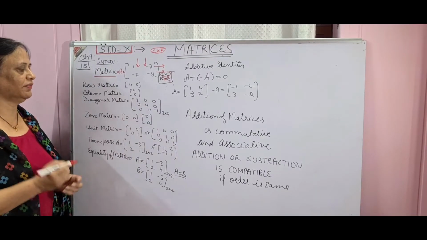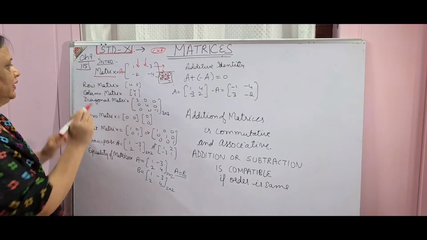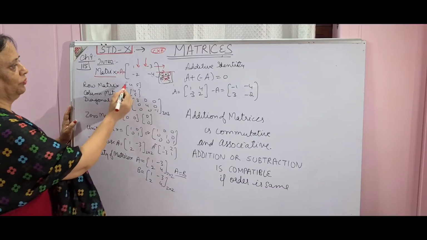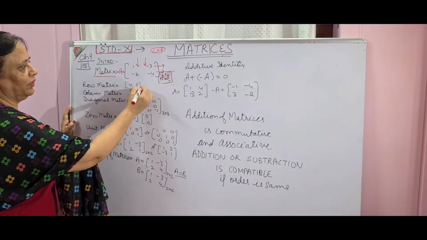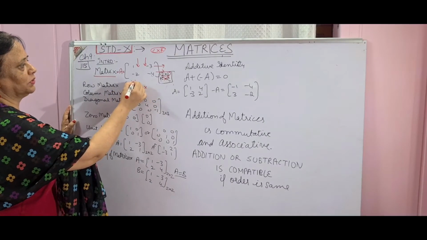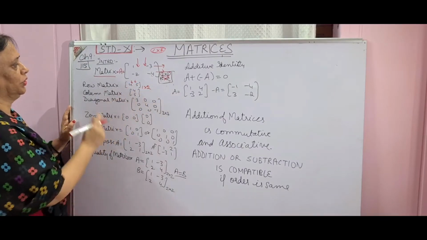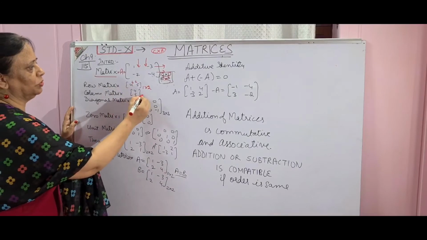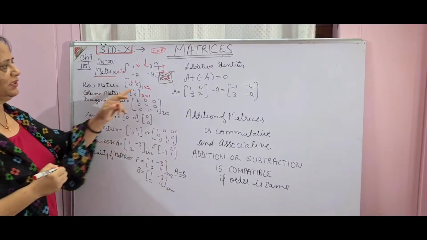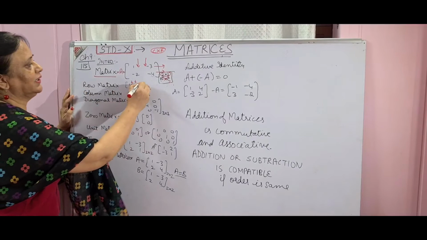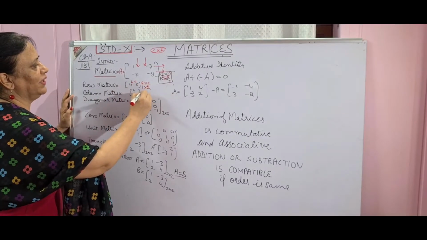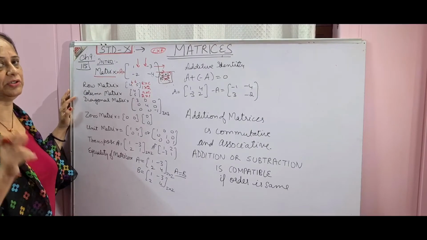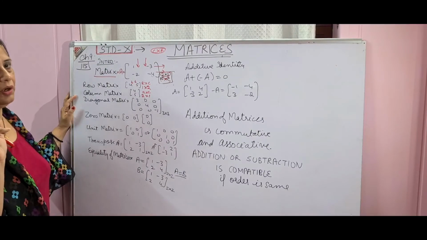Then I'll give you just a little definition of it. See, a row matrix is a matrix having only one row. So what will be the order? One row, but there are two columns, two verticals, so 1 into 2. A column matrix is a matrix with one column. In this case, there will be two rows but one column. See how I am writing the order, and this order is very, very necessary to write in the questions. If they have given it, well and good. If they have not given it, it is your foremost duty to write the order first.